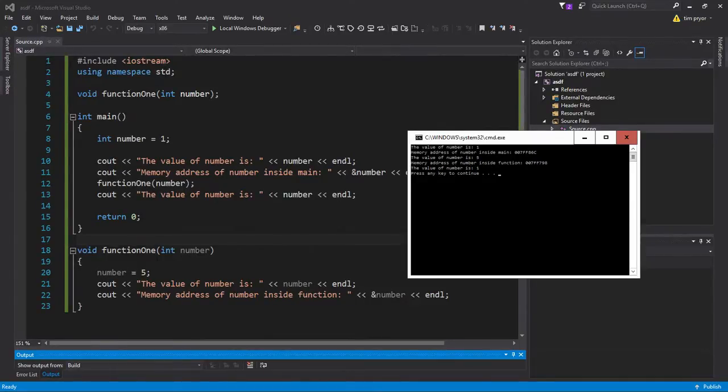And you see, because we changed the value of number to 5. Now we sent this number, which had the value of 1, into this variable here and then changed it to 5. Okay? Now the value of number is 5. That's where we're at right here. Then the memory address of the number inside the function is 007FF798. Now notice that these two memory addresses are separate. They're different. They're two different memory addresses. Then we return out of this function right back to the end of this line, and then we run the next line. Cout, the value of number is, oh look, we're back to